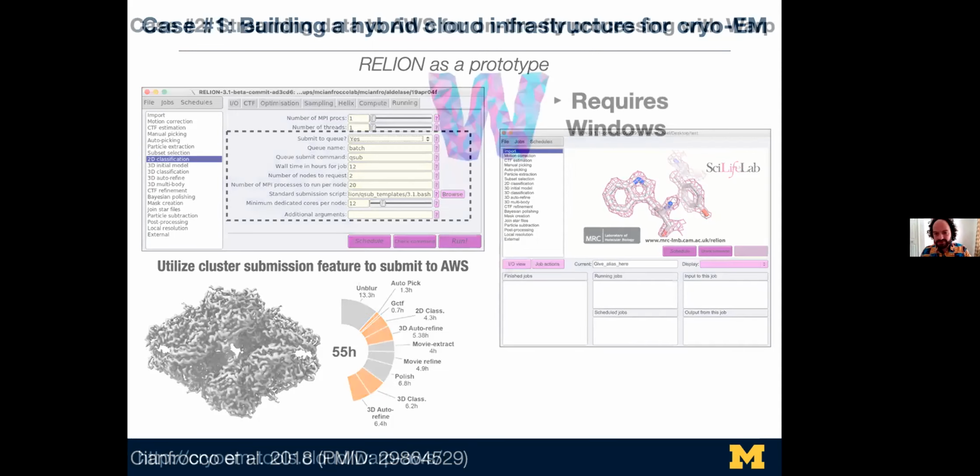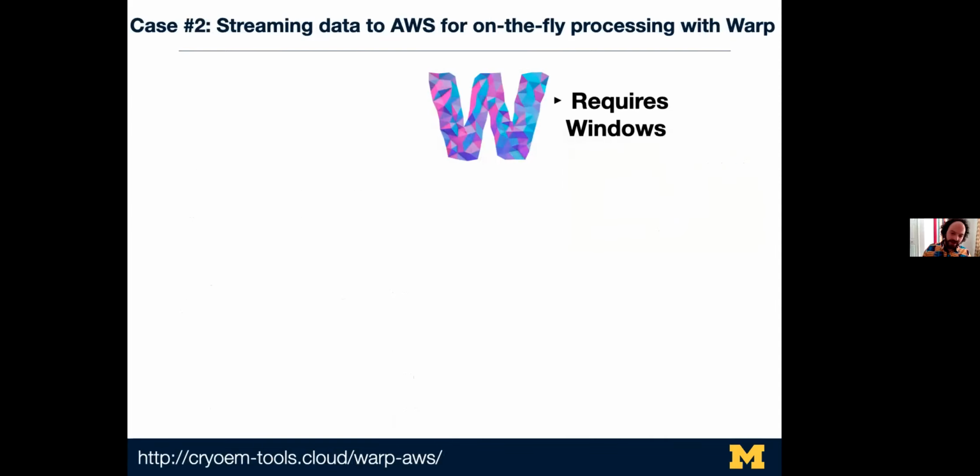What are other examples? Roll back a few years when Warp had just come out, and it was a preprint, and we all were wondering how it would do with our data set. For anyone who uses it, Warp is a great software for pre-processing cryoEM data. The trick with Warp is that it runs on Windows. And so typically it might be hard to find a Windows machine that has GPUs amenable for Warp. And so what we did, because I had been familiar with Amazon,